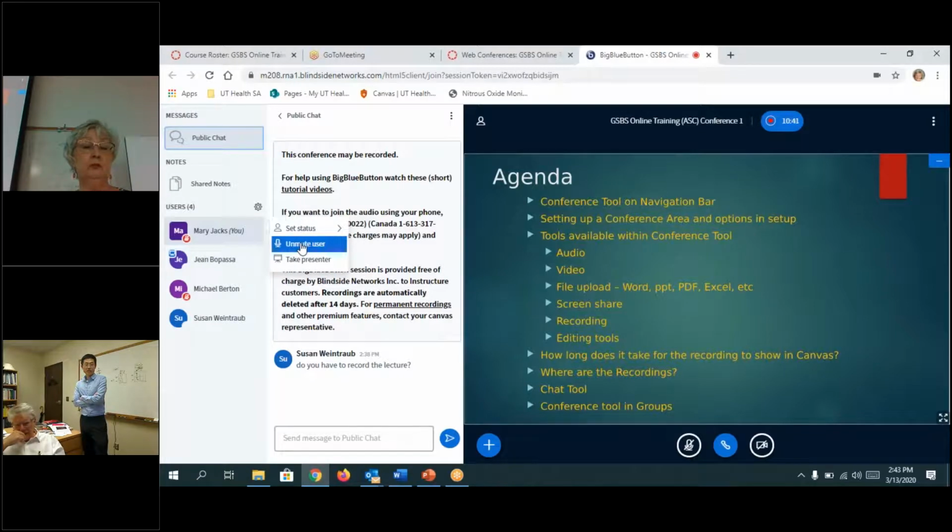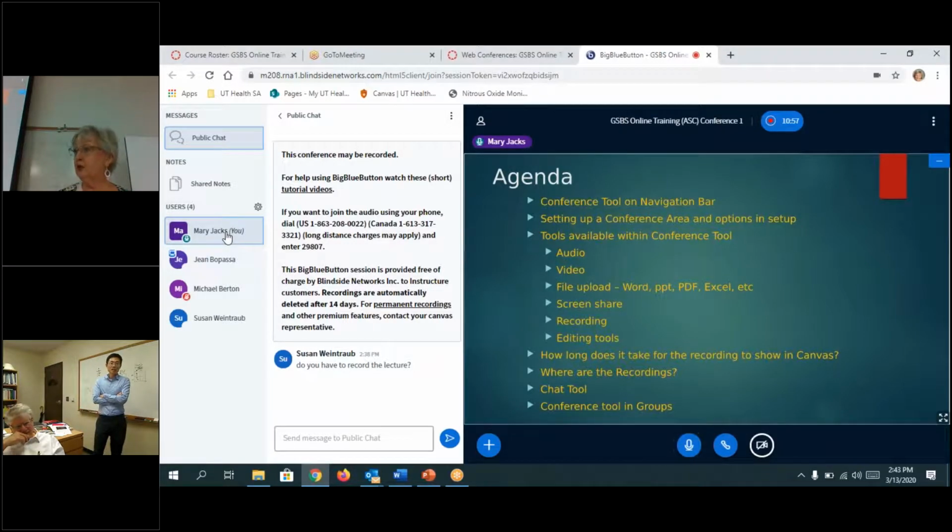Can the student select from their computer? Yes. If you make them the presenter, they can say, I want to ask a question, and then I can talk so everybody can hear me. So the question was, can the student select who's the presenter? And the answer to that is no. If you're the presenter, you're the one driving. When you make them the presenter, then they can mute their microphone or do stuff like that, but you have the power to take that back over.